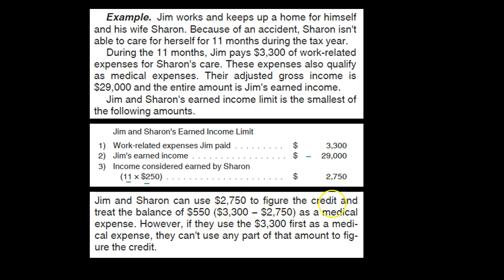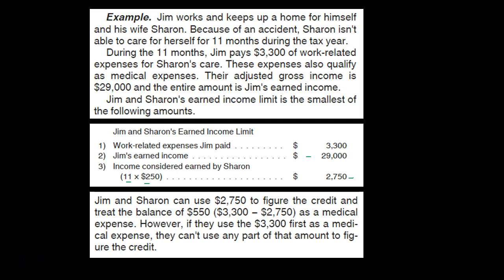So note what they're going to say here. We're using this one, and therefore the difference can still be used. You can't use the medical expenses for both areas, but the difference they're saying can still be used, of the 550 for medical expenses in some area, possibly like a Schedule A itemized type deduction. However, if they use the 3,300 first as medical expenses, they can't use any part of that amount to figure